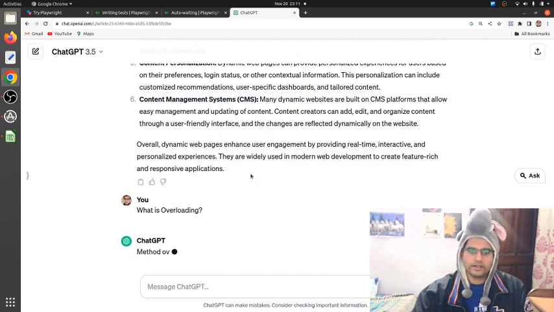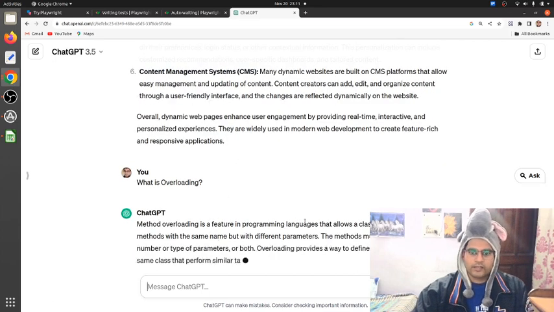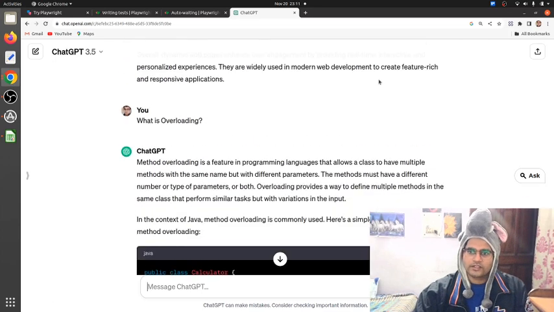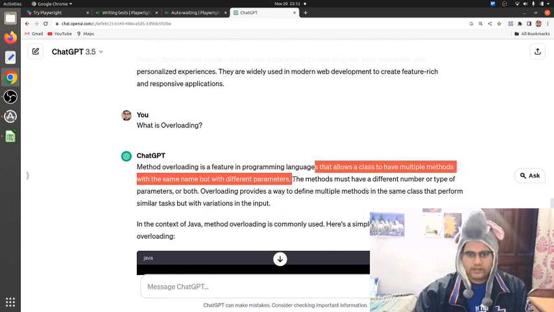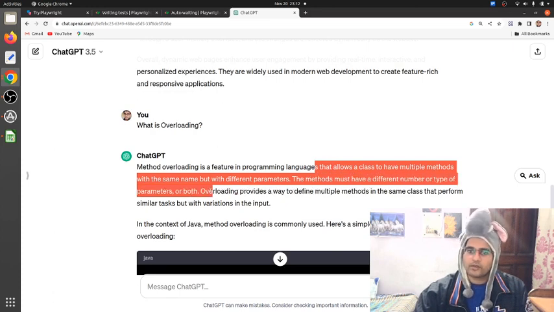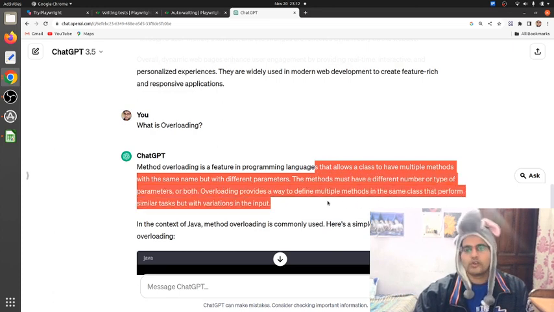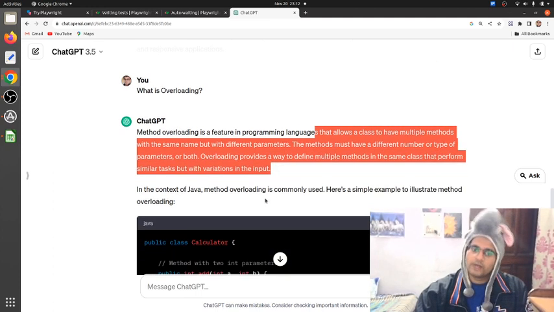Let's learn. Okay, method overloading is a feature of programming languages. It allows a class to have multiple methods with the same name but with different parameters. Okay, the methods must have a different number of parameters, different types of parameters, or both. Overloading provides a way to define multiple methods in the same class that perform similar tasks, but with variation